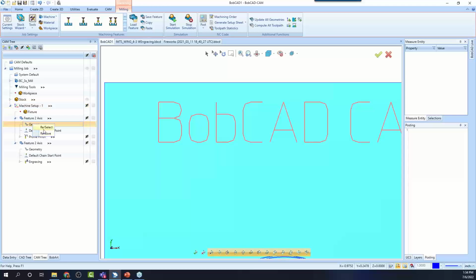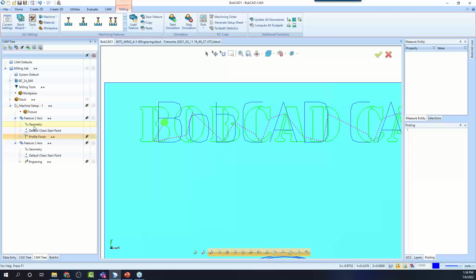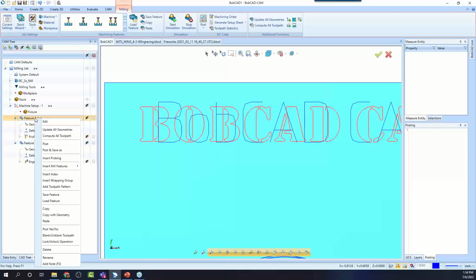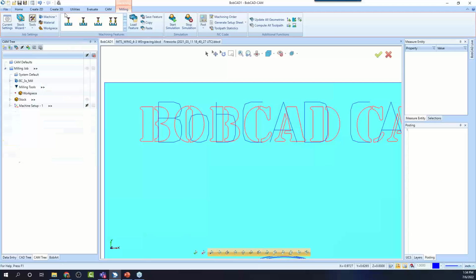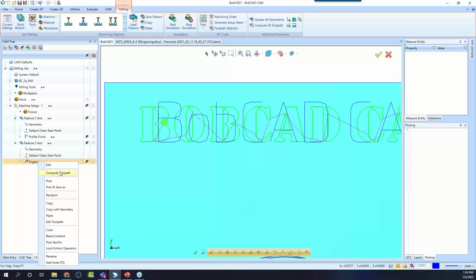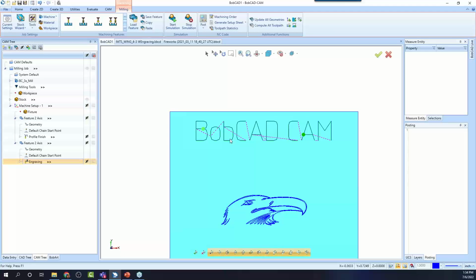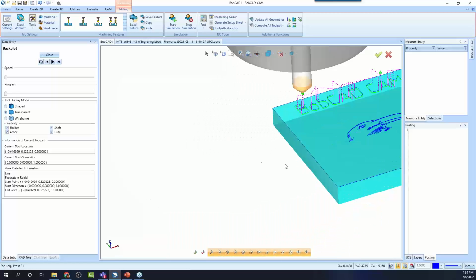And these can be problematic for these toolpaths, right? For a profile toolpath. Let me update this. So I'm going to go to the feature, update geometry, go to the operation, recompute, and here we can see the toolpath there. Same thing with this one. I want to update the geometry. So I'm going to right click, update all geometry, go to the operation, recompute, and then we can see how they're updated. This may not be the best example